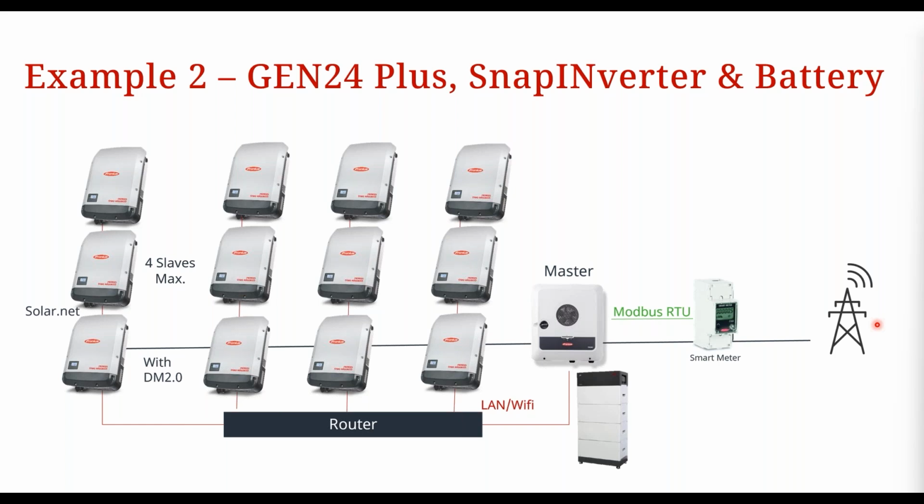So looking at this example, when we're talking about multi-inverter export control, which is happening over the network using Modbus TCP, you have the Gen 24, which is a master, and that master is essentially communicating with all of these slaves, right? So in this example, it's these 12 SnapINverters that are slaves to this Gen 24, which is the master, right? So the other thing is that only these master inverters for the solar net loop are the ones that have the Datamanager card, which is active, okay? So, or to put it another way, these inverters are communicating with the SnapINverters that are daisy chained to them,